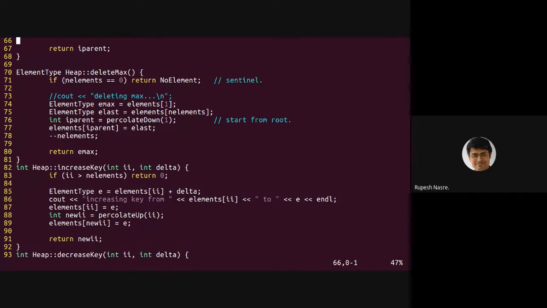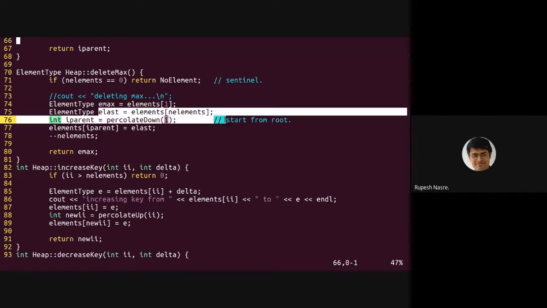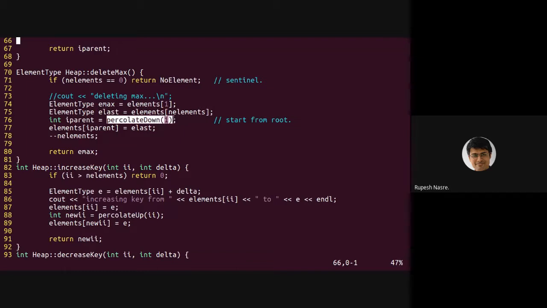So if there are no elements, then it is underflow, so we don't have to worry about deletion. Otherwise, the maximum element is at the root, and the last element is elements of the size of that elements array, right? So we know these two. And we are going to do a percolate down from the root. So this is where we were thinking that maybe we can move down the elements. And then the last element is going to replace the final place which is empty, right?